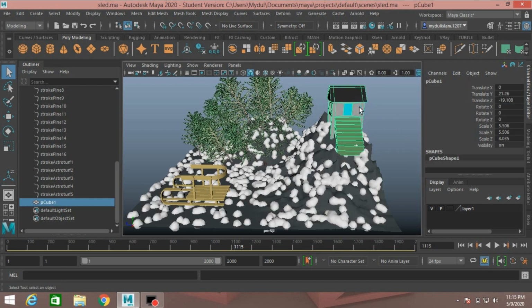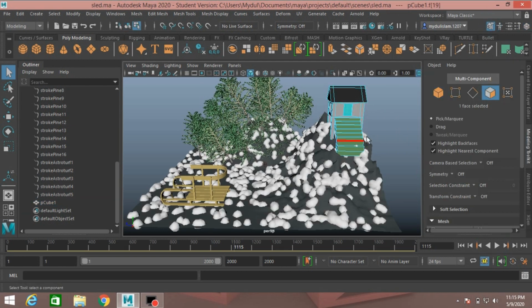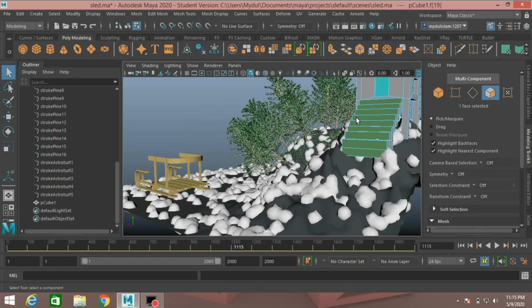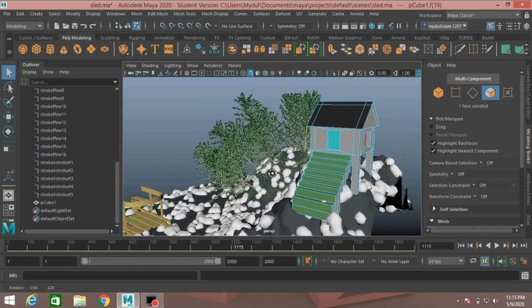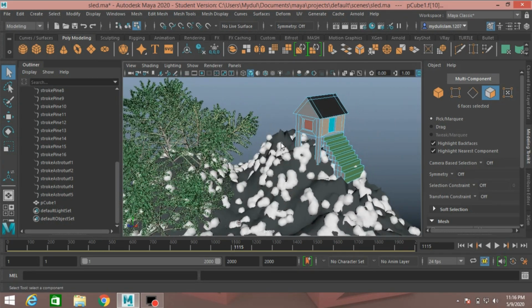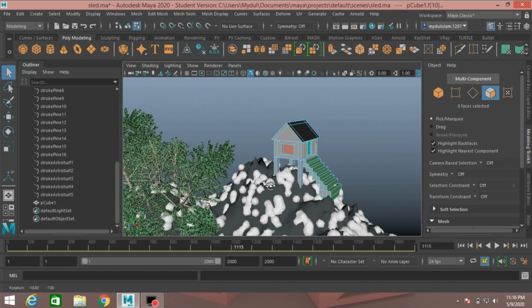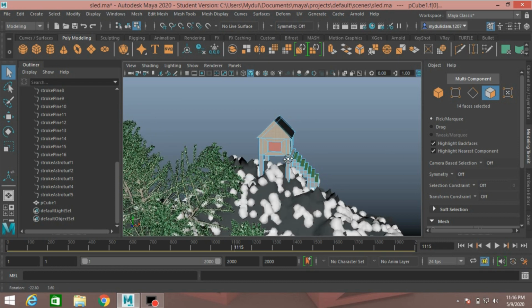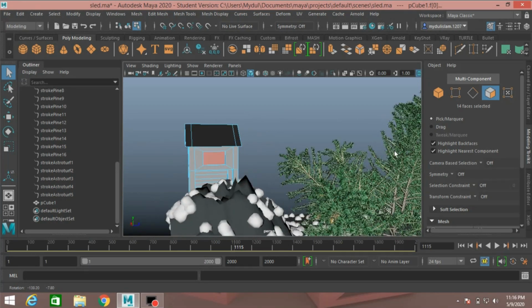Now again go to face selection mode, select this face, shift select this face, shift select this face, and also this face.